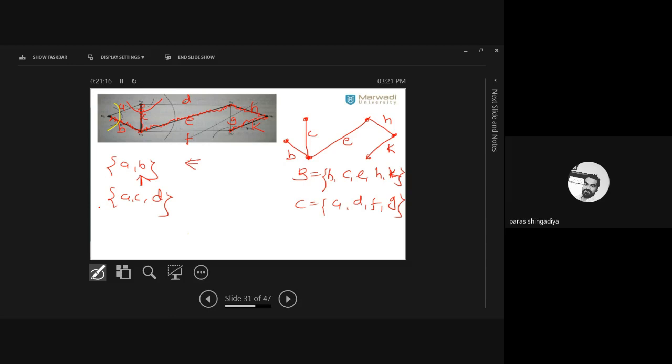So ACD, how many edges are there? 3 edges, where A and D are chords and C is the only branch. So there is only one branch and the rest of the edges are chords. Is it clear? So ACD is also a fundamental cut set. V2 will be disconnected from the rest of the graph. So it is a cut set, and then you have to verify whether it is a fundamental cut set or not. In such a cut set you have to verify that only one edge should be the branch and the rest of the edges should be chords. Is it clear?